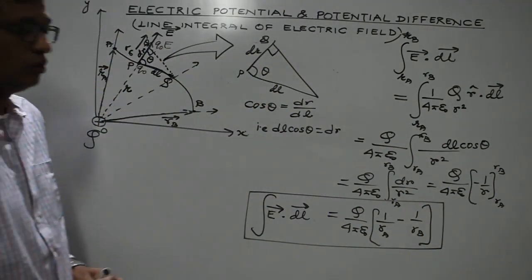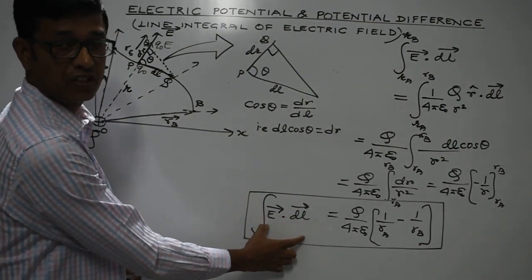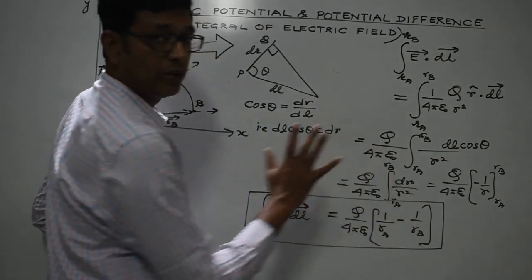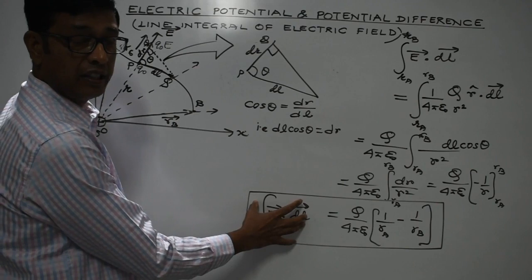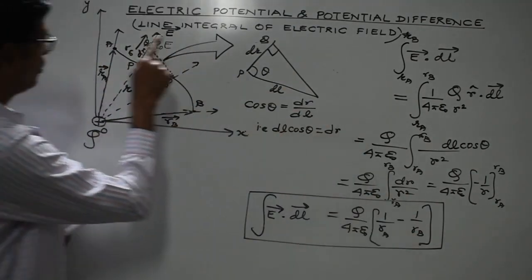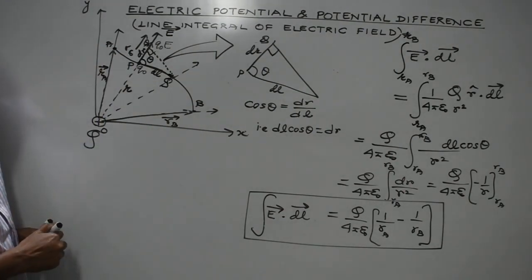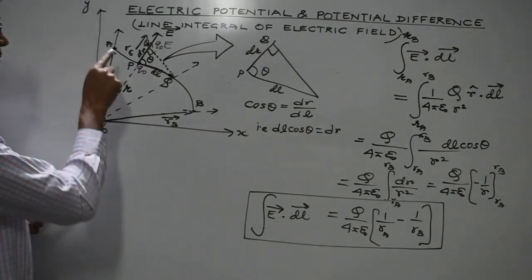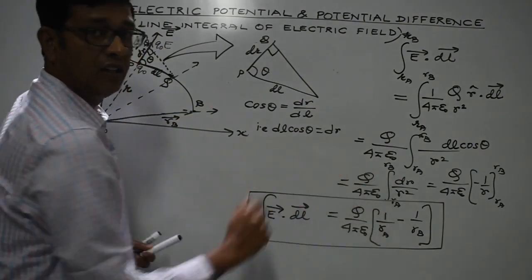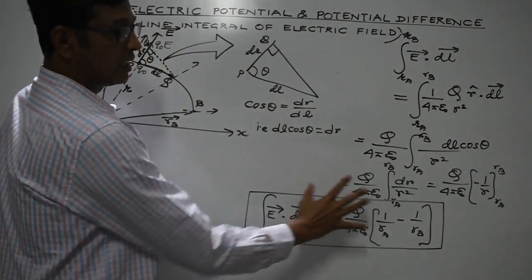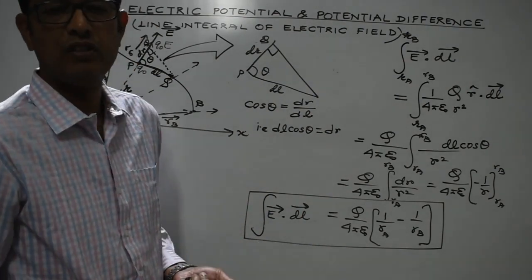Now as I have told you, this signifies the work done per unit positive test charge in moving that test charge from point A to point B. So that's a very, very important conclusion. The work done depends only on the initial and the final position. It is independent of the path followed. Any path can be followed in moving the unit positive test charge Q0 from A to B, but the expression will remain the same. This is the mathematical verification of the fact that Coulomb force, that is electric force, is of